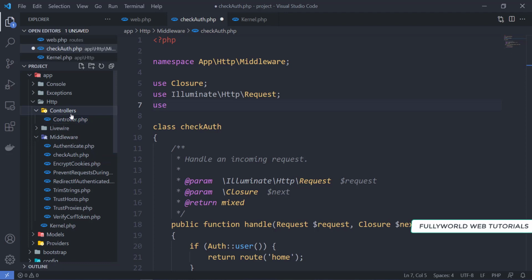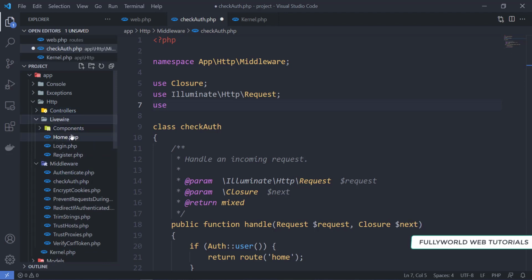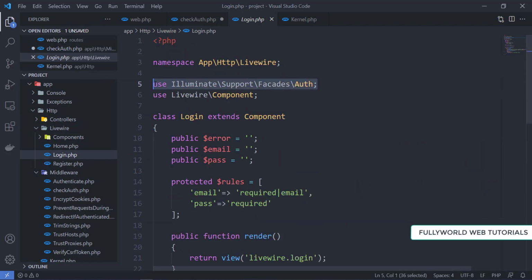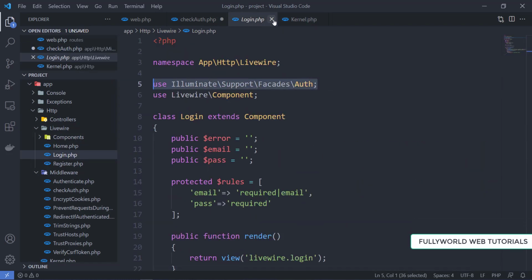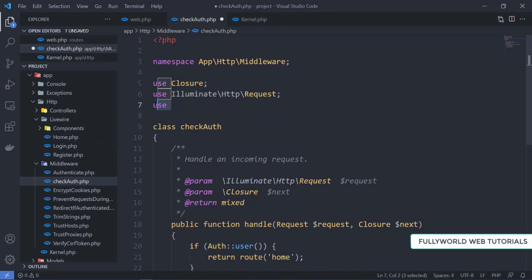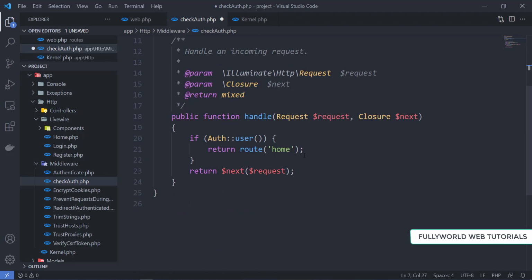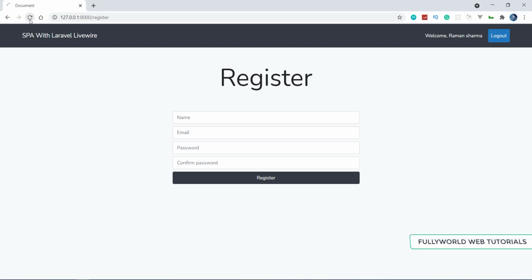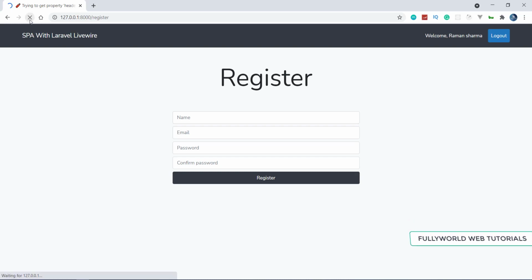We have the Auth class there in the Livewire controller, in the login. So this class we are going to use here. I'm going to paste it: Illuminate\Support\Facades\Auth. If there is a user, then we will redirect to the home. Otherwise we will stay on this route.